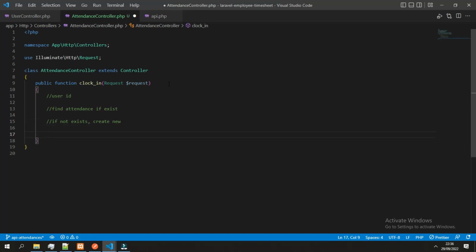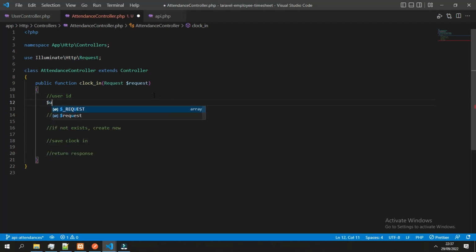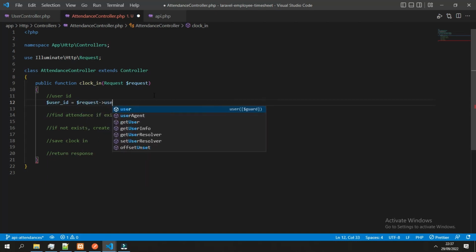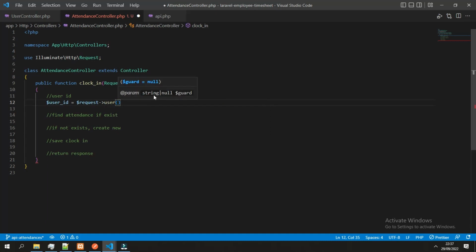After attendance object created, then we can do the clock in. And the last is return the response. Let's start from the top. To get the user ID is we need to get the user object first, request user, and then get the ID.